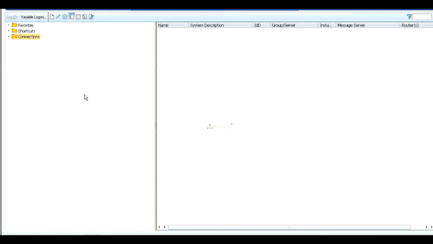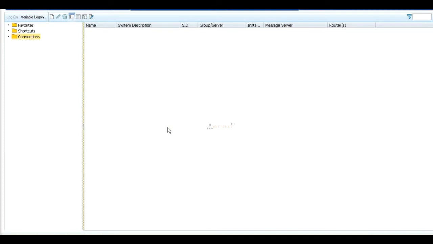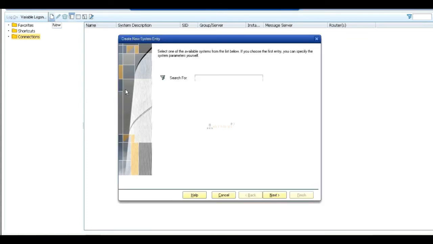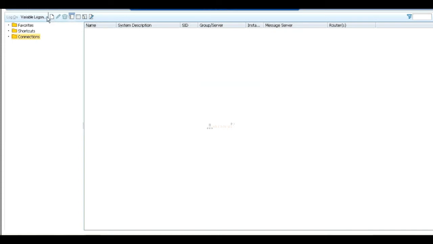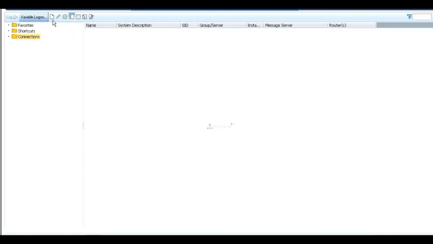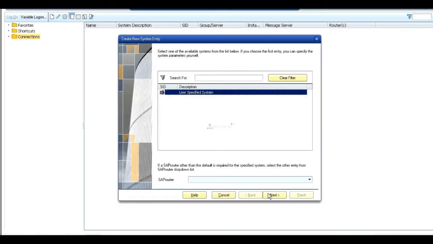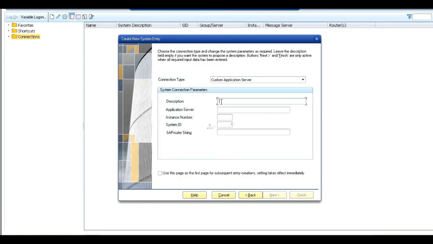Here I don't have any entries. If I want to connect to my SAP, I need to create an entry. For creation, click on this symbol, New, then go to Next. Here the description is for your identification purposes; you can give any description, for example Development server.